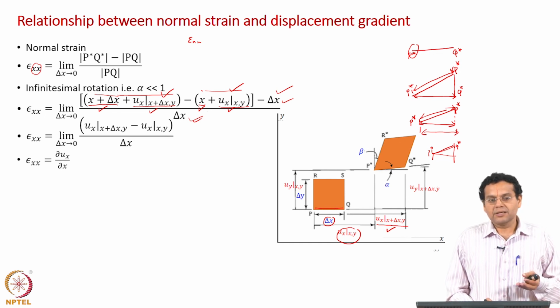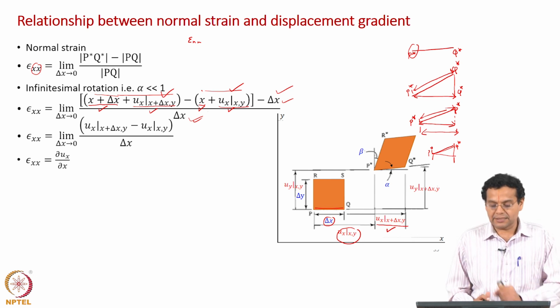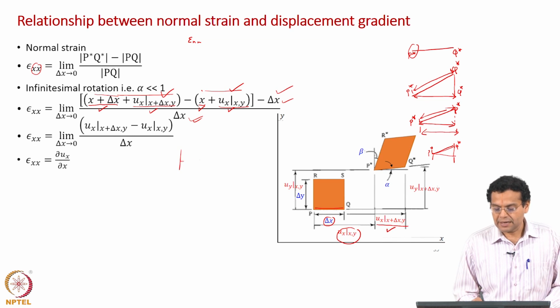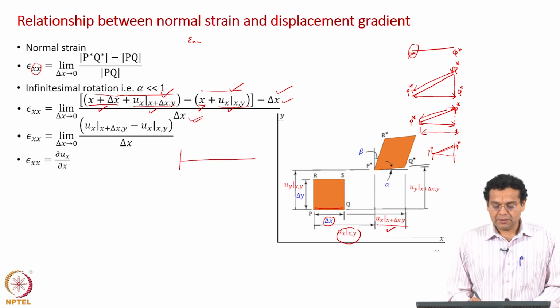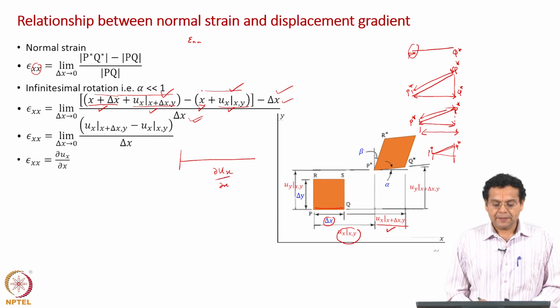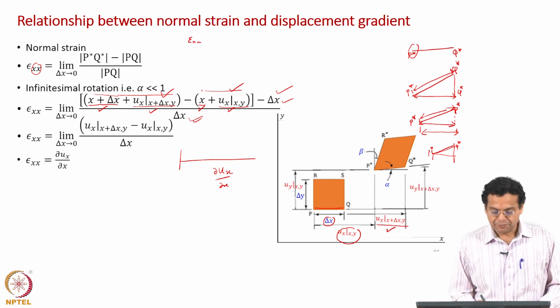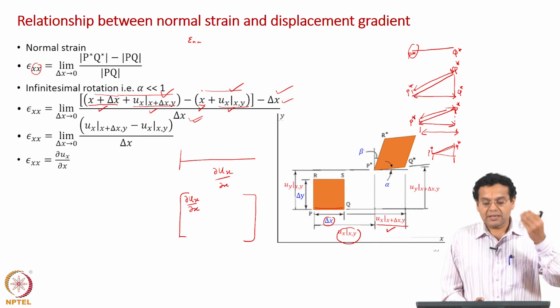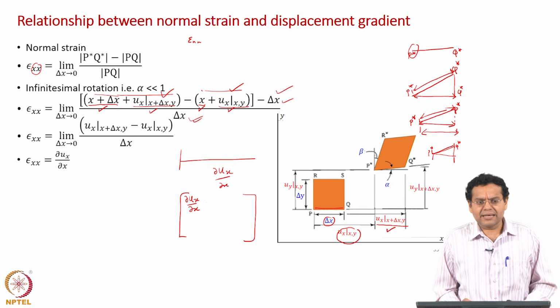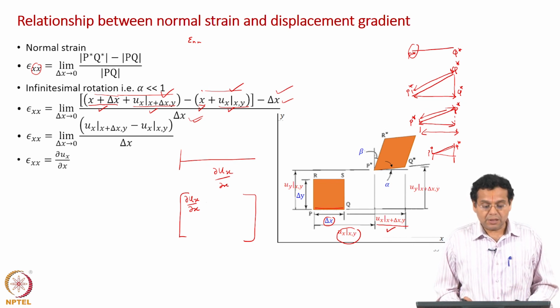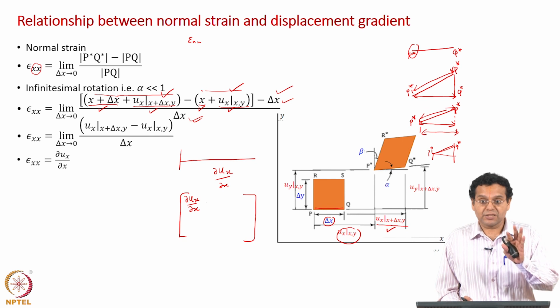We have already seen that dou ux by dou x is nothing but a displacement gradient. Remember, when you took the one dimensional example, we had a wall, we attached a wire, stretched it, etc. The one dimensional displacement was dou ux by dou x. What is the alternate way of interpreting? This was one of the components of the displacement gradient tensor. Remember, we had the displacement gradient tensor. The 1 comma 1 term was dou ux by dou x. When we wrote that, it looked like a displacement gradient, looks like a derivative. Now, we have given a very good physical significance for that term.